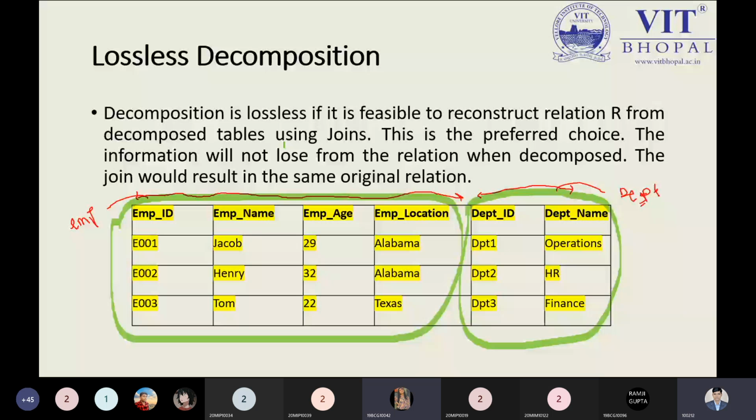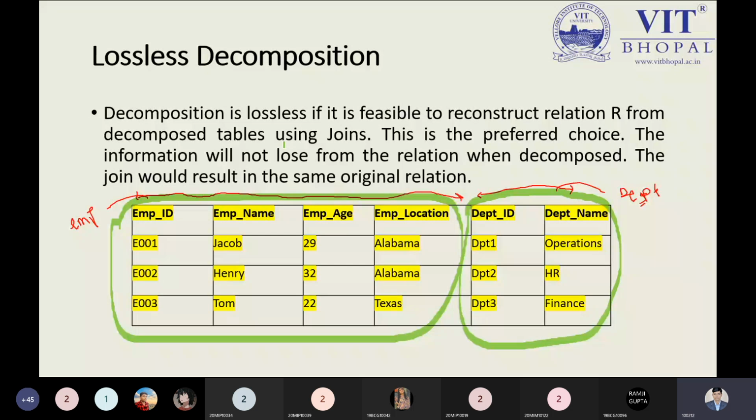Yes, sir. But still we have a big point. For each and every statement I'm speaking, focus on my statement. I can do it, but when I need to join these two, I need a common attribute. Yeah, my dear, you're on the right track. So at least one common attribute is required, because join requires one common attribute to make the relationship and to perform the join operation perfectly. That is good. You are on the right track.